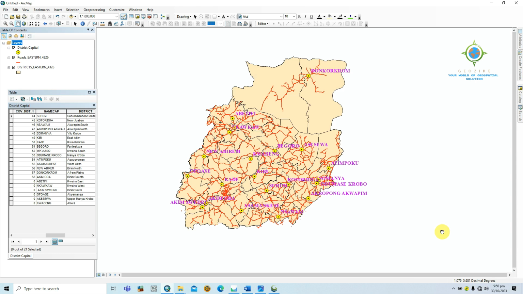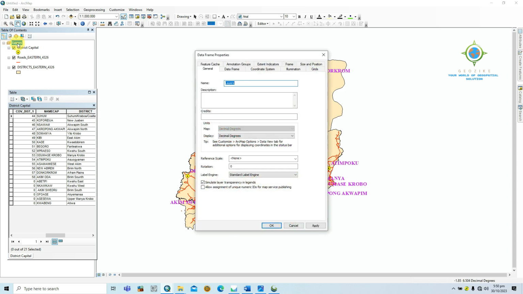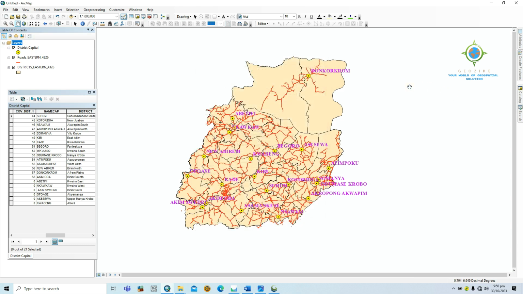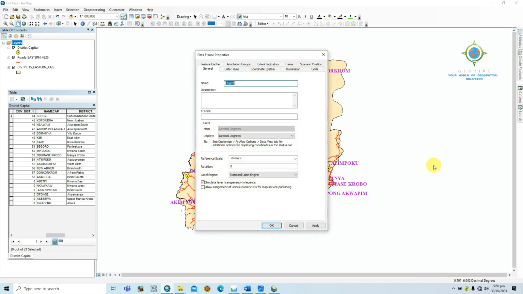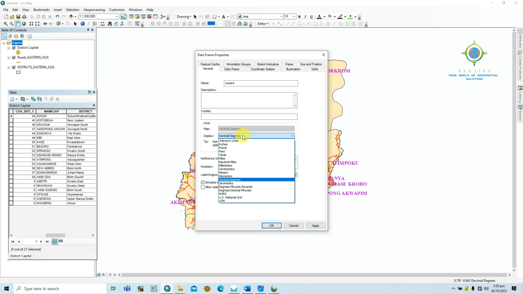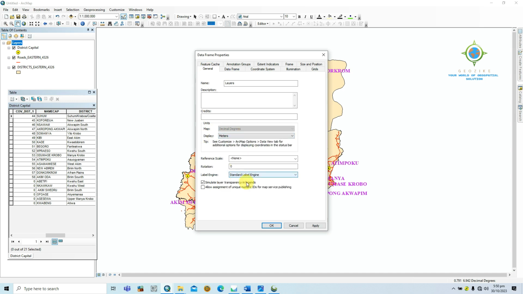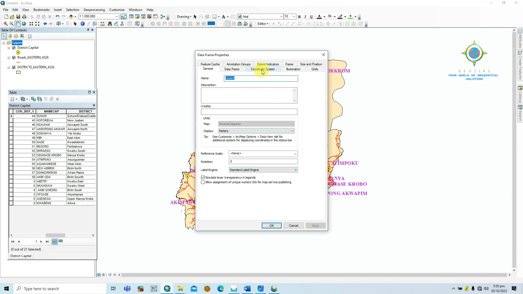So to do that, there are two ways. It's either you double click on the layer or you right click and go to data frame property. The same. Then you come to general. Within the general display unit, so this is the display unit, we have this decimal degree. So let's change it to meters. Apply. Let's come to our coordinate system